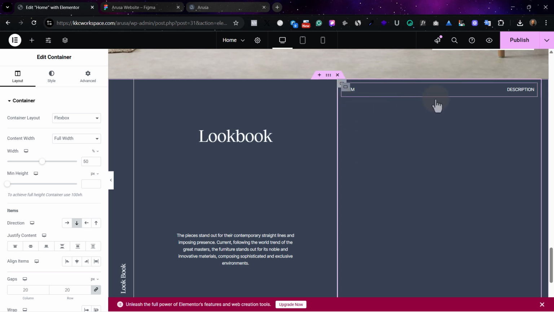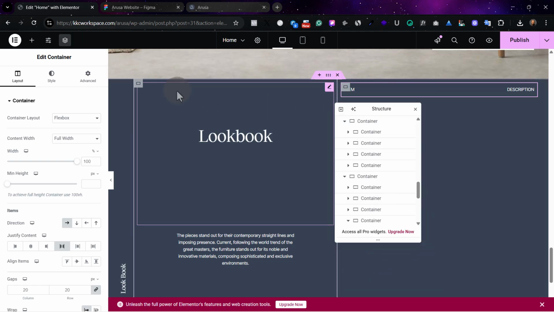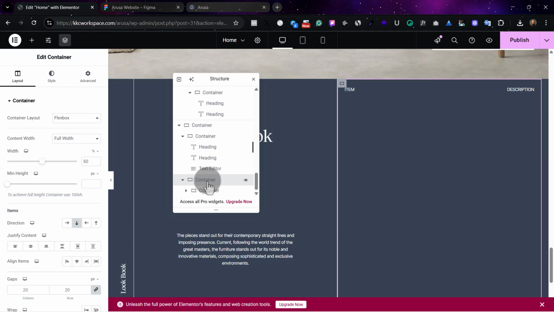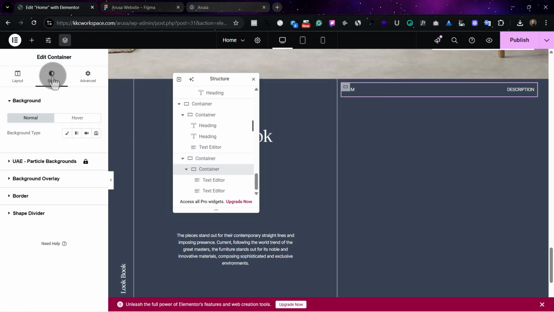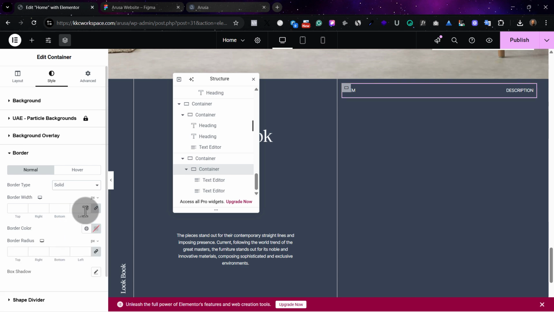right? So I select the mother container. Okay, now I'm thinking I have to pull up the structure here so that it's not going to be confusing. So if I come down to, okay, this is the mother container, and this is the one that is going to give the stroke, right? So we're going to come here and go to border and put it on solid, and I think the stroke is on both top and bottom. So if we do top and bottom,